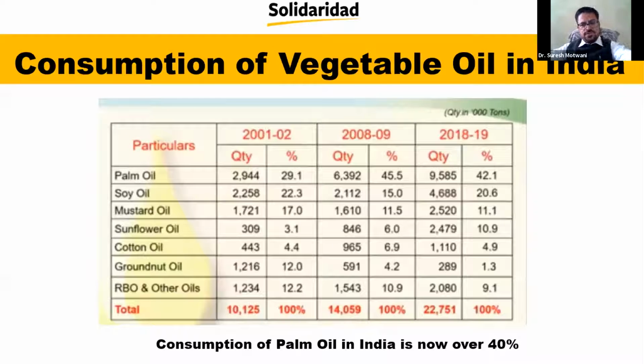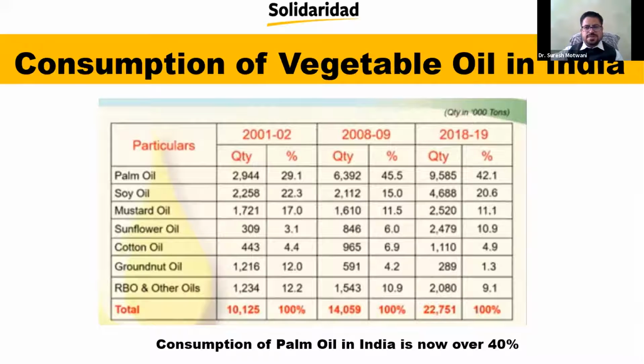This slide shows the figures for where we are in terms of the edible oil requirement as a country. We use many edible oils, and palm oil is one of them. These figures show that in the last 10 years, from 2010 to 2020, the demand for edible oil in India has increased, but the palm oil figures remain the same or are decreasing in terms of percentage market share. In 2018 or 19, we had 45% of the total edible oil requirement of India in palm oil, and now in 2019 or 20 it is around 40%, 41% basically.